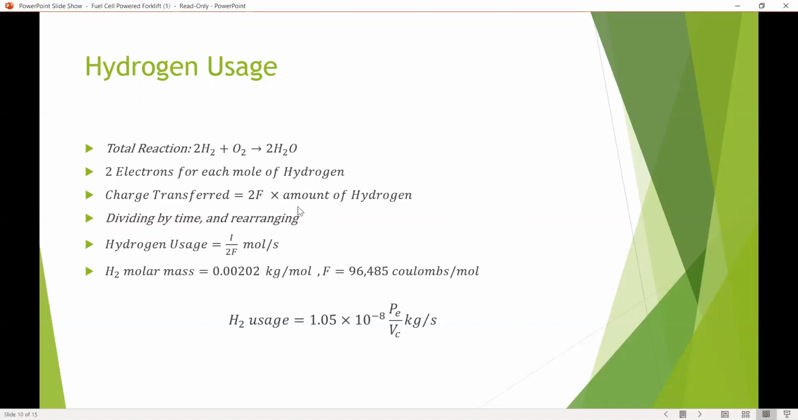Dividing by time and rearranging, we get the hydrogen usage equals I divided by 2 times Faraday's constant, where I, in this case, would equal the current. And as you can see down here, we got the values for the molar mass of hydrogen H2 and Faraday's constant,